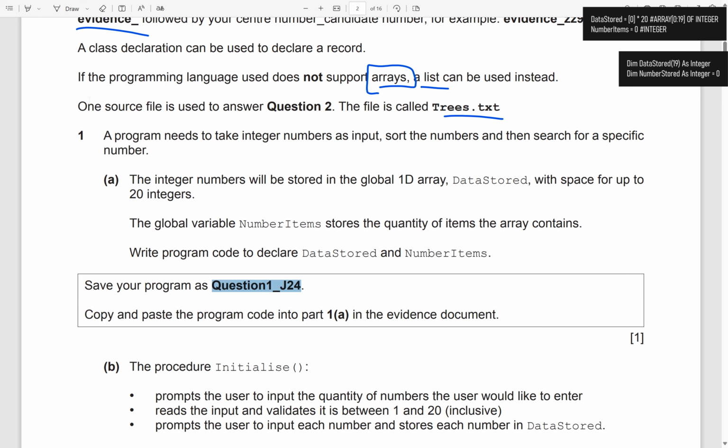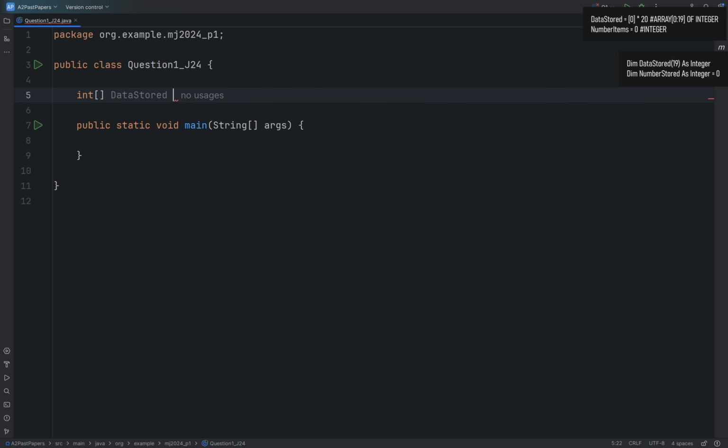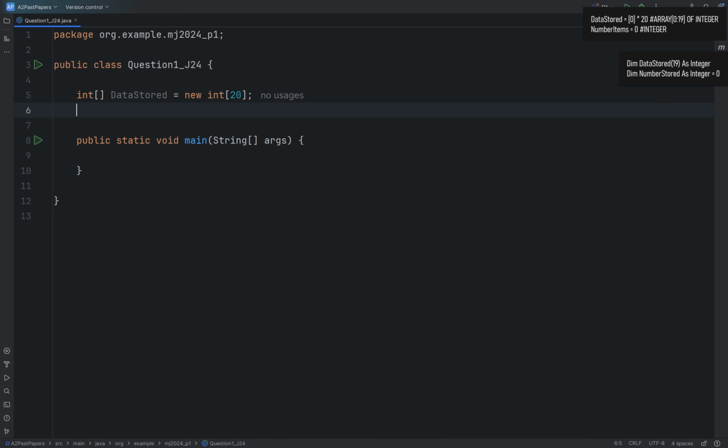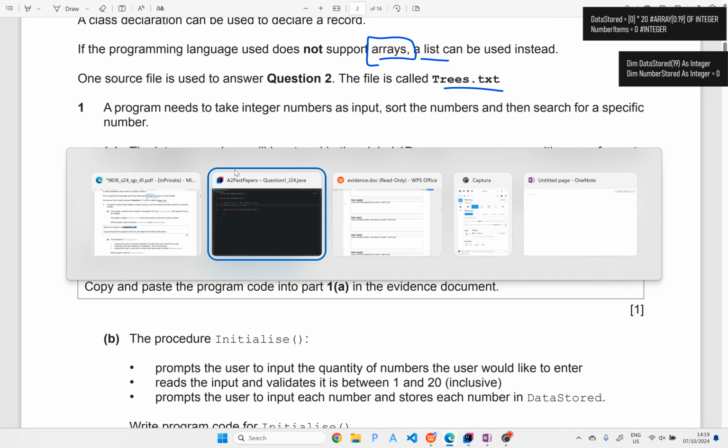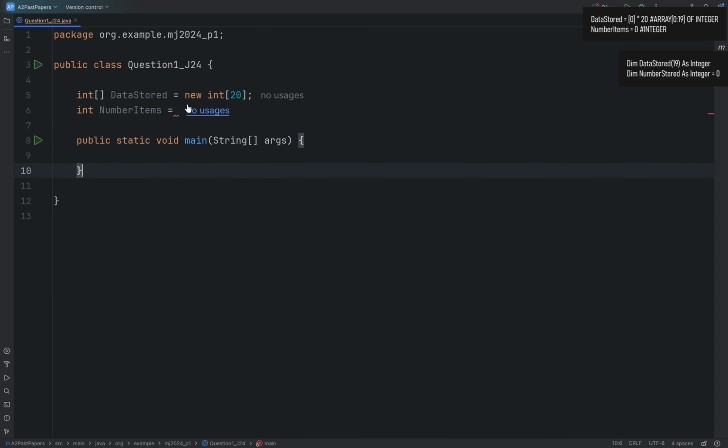Data stored and number items. Right, so let's go data stored, and we'll just go new int array, and let's make that size 20. Okay, storing 20 integers. Right, then let's also go, this will be number items. Here we don't have to initialize it with anything, but I think we could just initialize that with 0, just as a default